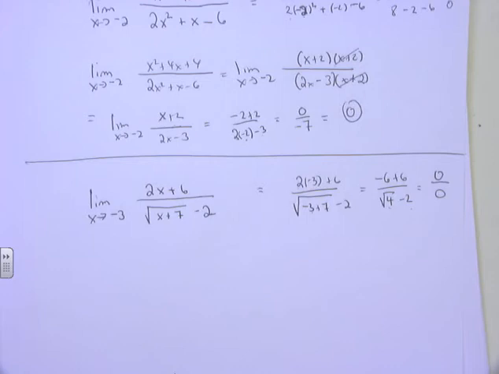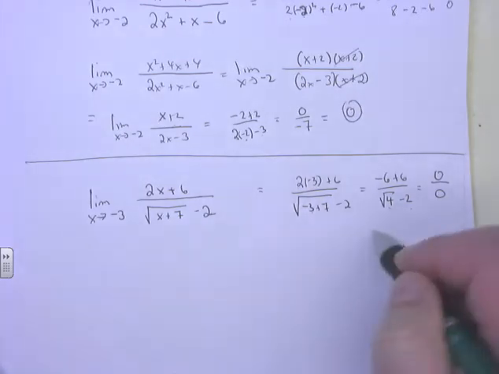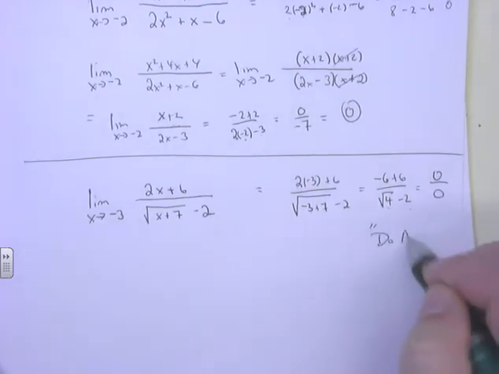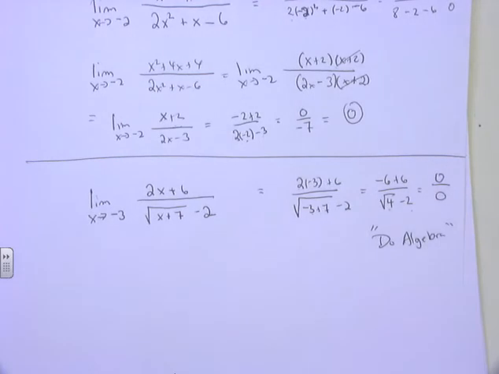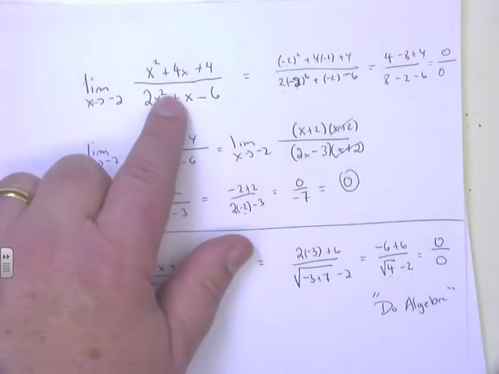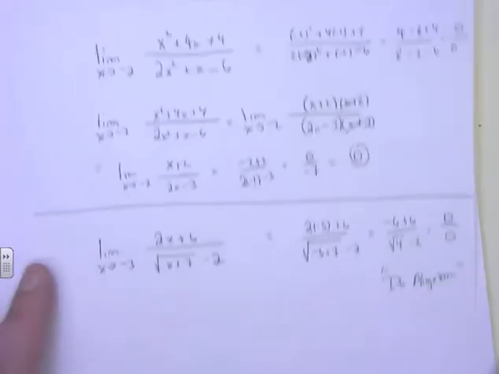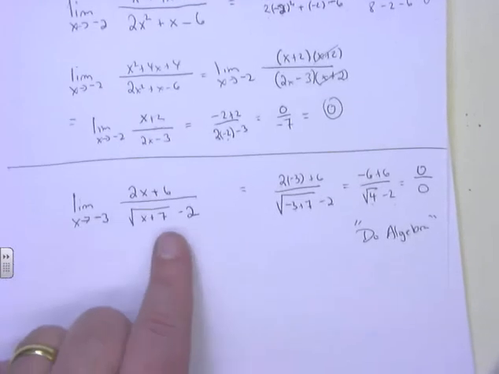So, here's the deal. When you get 0 over 0, what are you supposed to do? Do algebra. That's the code for the 0 over 0. Do algebra if you can. Okay? If you can. All right, so what kind of algebra will you do on this one? Well, when it was a polynomial divided by polynomial and you got 0 over 0, the trick was factoring. When you got a radical with this stuff, the trick is,